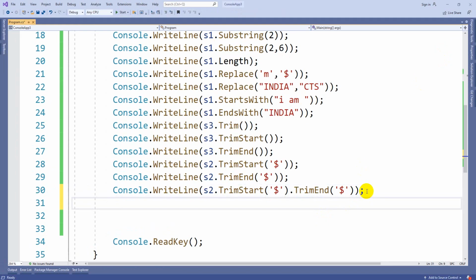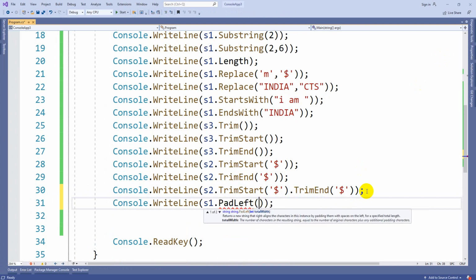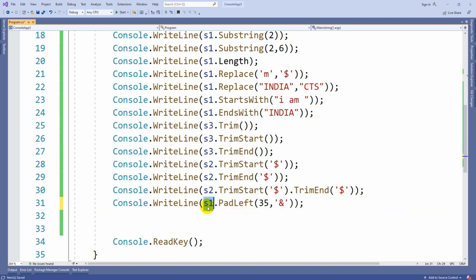Now, s1 dot PadLeft. Here you can pass two things, guys. What is the total number of characters? Suppose my string should be 50 characters or 35 characters. If it is less than that, what character do you need to append? You can see I am giving the @ symbol. So the s1 string should be 35 characters. If it is less than 35, from the left hand side it is going to append with whatever symbol you are mentioning.